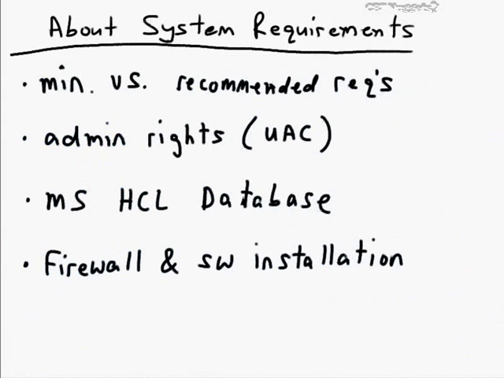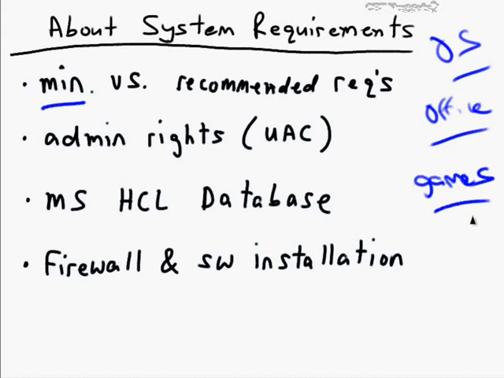We'll complete this nugget by briefly examining system requirements. Any software vendor worth its salt is going to include in its documentation a list of suggested and minimum system requirements. This refers to the hardware that needs to be present at minimum on that system in order to run the software. You'll find this always with operating systems, but you'll also find system requirements for productivity software, for instance Microsoft Office, and for the consumer user, folks who are into playing games will often pay close attention to those system requirements,